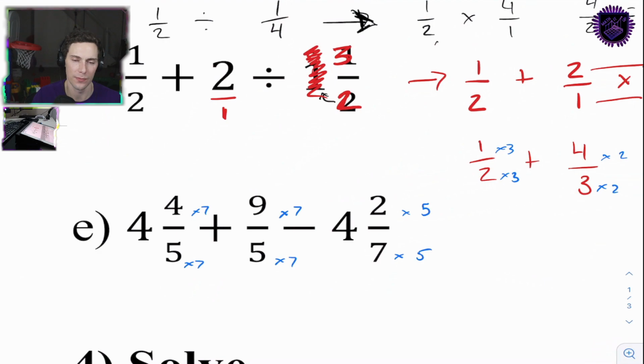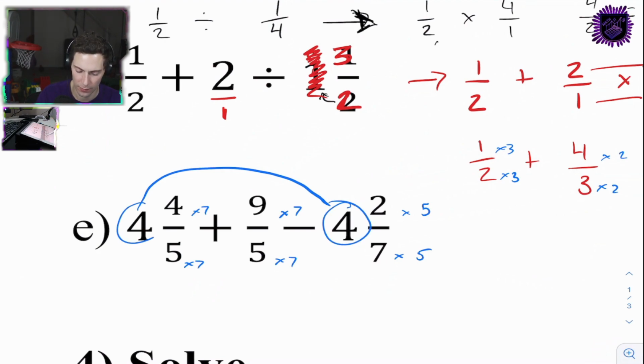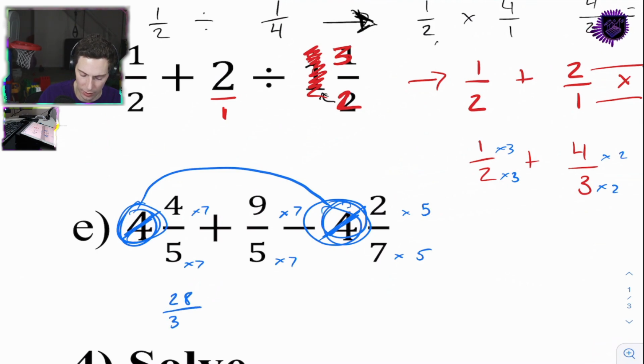You can actually do something interesting here because we have these two numbers, add and subtract 4. Now, let's not mess with these numbers and let's just get rid of them because we have two numbers add 4, two numbers subtract 4, right? These two, let's just get rid of them. We can add and subtract 4 right there. So we have 4/5 plus 9/5 minus 2/7, which is going to add up to, the new numbers is going to be 28/35 plus